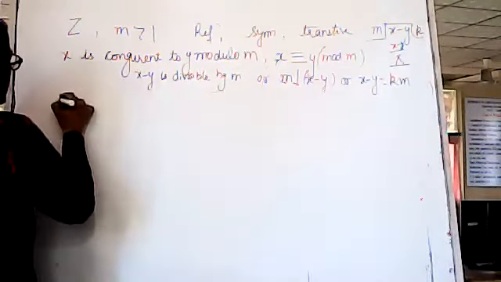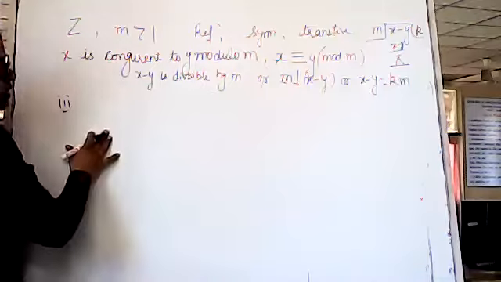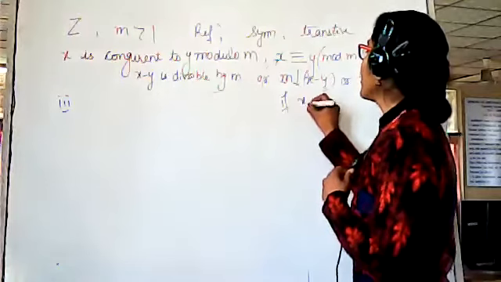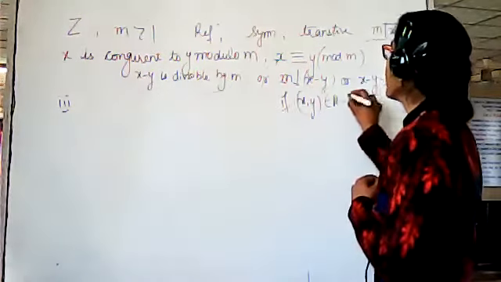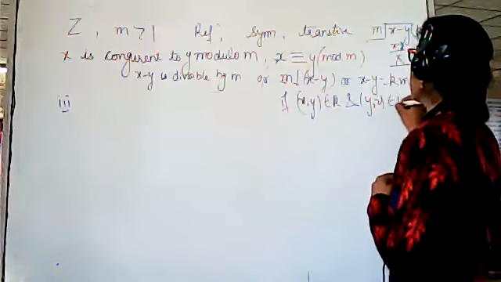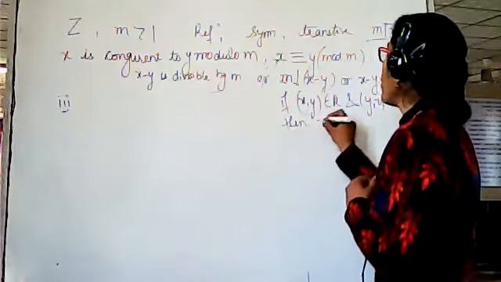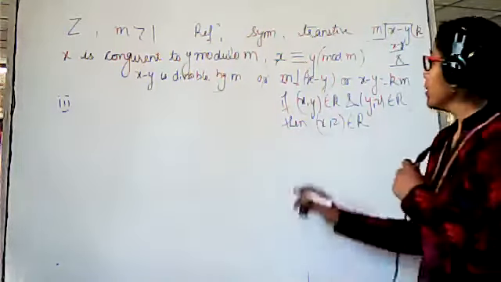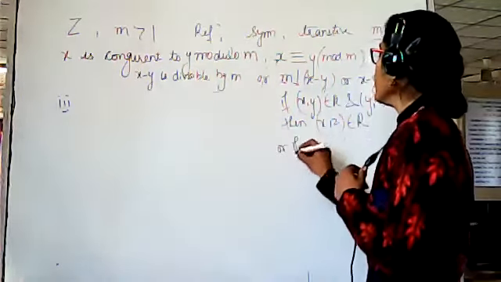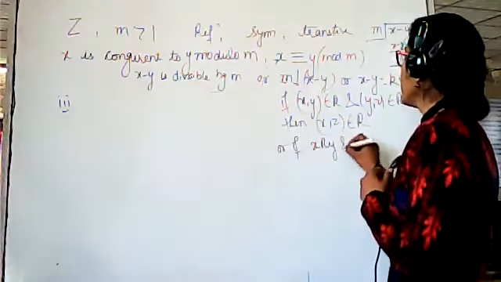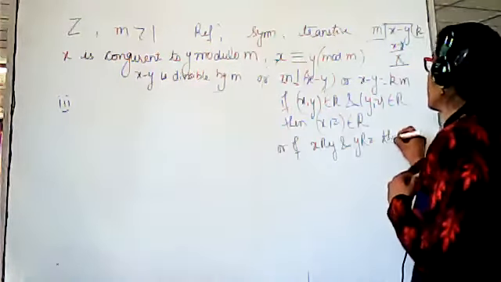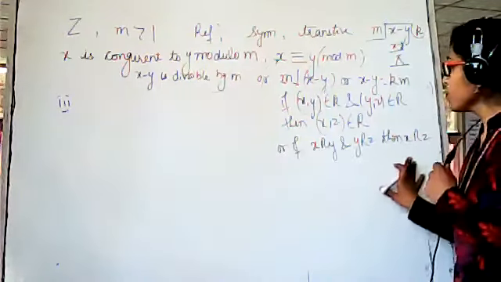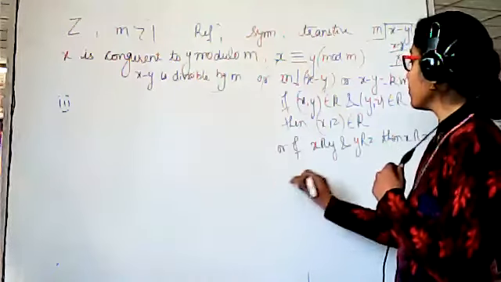After that, third part, we have to prove the relation is transitive. Definition of transitive: if ordered pair (x, y) belongs to relation R and ordered pair (y, z) belongs to relation R, then ordered pair (x, z) must belong to relation R. Or you can say that if x is related to y and y is related to z, then x must be related to z. हमें ये चीज प्रूव करनी है। अगेन हम इसको अपने क्वेश्चन के साथ कंपेयर करेंगे।